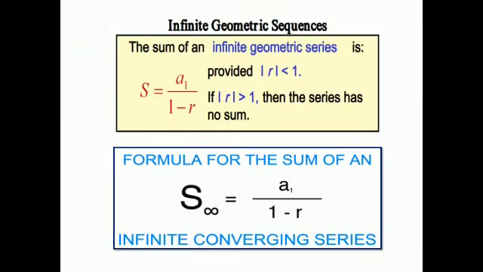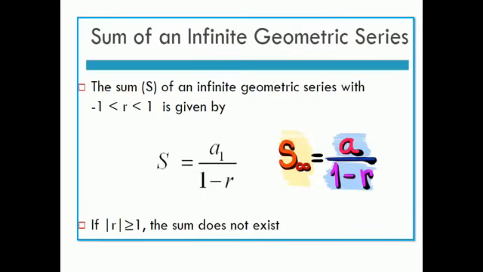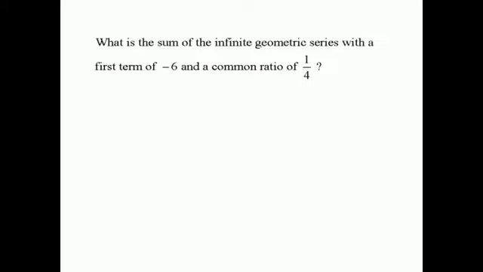The first one, infinite series. The formula is S is equal to A1 by 1 minus R. If modulus R is greater than 1, then the series has no sum. So we are going only for the formula; the conditions are there. S infinity is equal to A1 by 1 minus R. This is another form of the formula: S infinity is equal to A by 1 minus R. So you can directly go for the example.